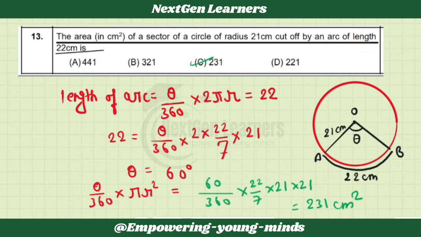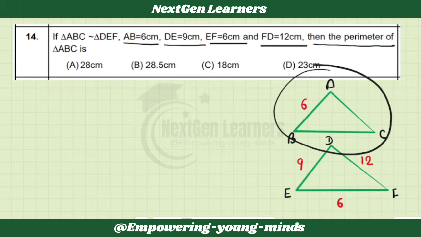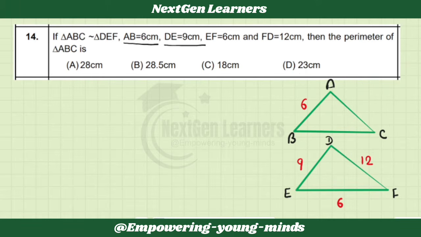Now let's move to the next question. If triangle ABC is similar to triangle DEF, both the triangles given are similar. AB is given as 6 centimeter, DE 9 centimeter, EF 6 centimeter, and FD is 12 centimeter. Then find the perimeter of ABC. You need to find the perimeter of this triangle basically. If two triangles are similar, then sides should be proportional, and if sides are proportional, I can write the sides as AB